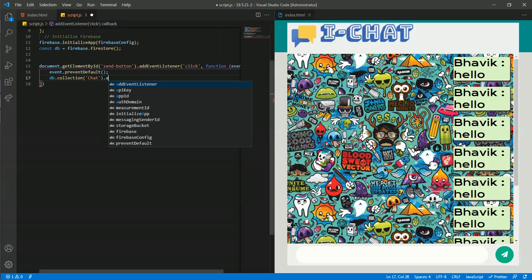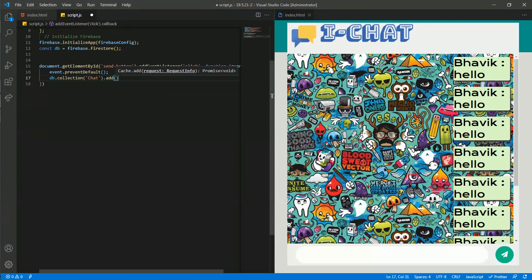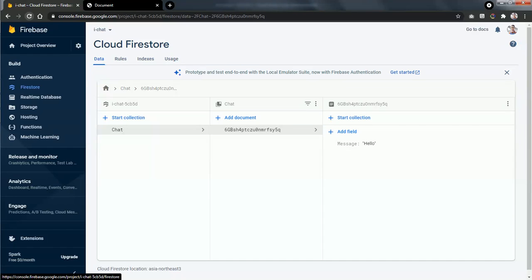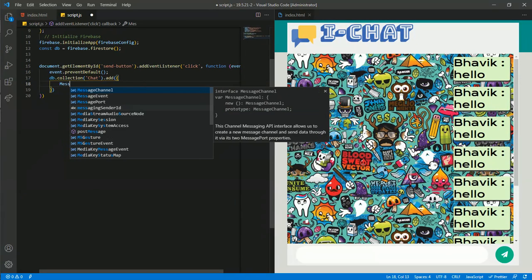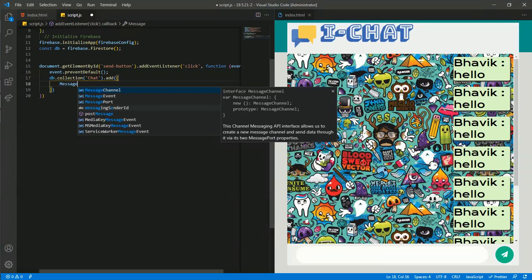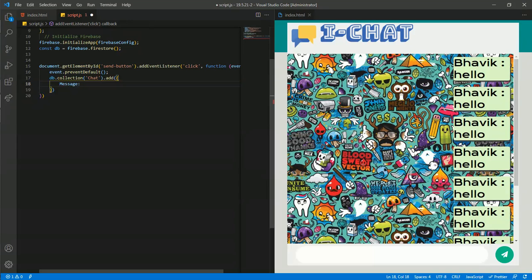Dot add, in the quotes, in the curly brackets. Now we will add all those fields. We can add all the fields with the text or string we need. Okay, so we will go like message. Make a field named message, and then add something like hello for now. Hello, and that's it. You save this now,